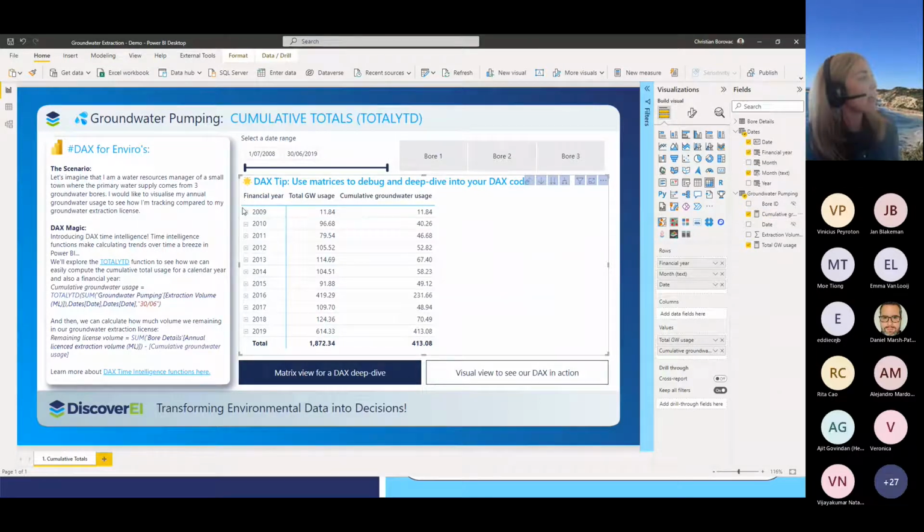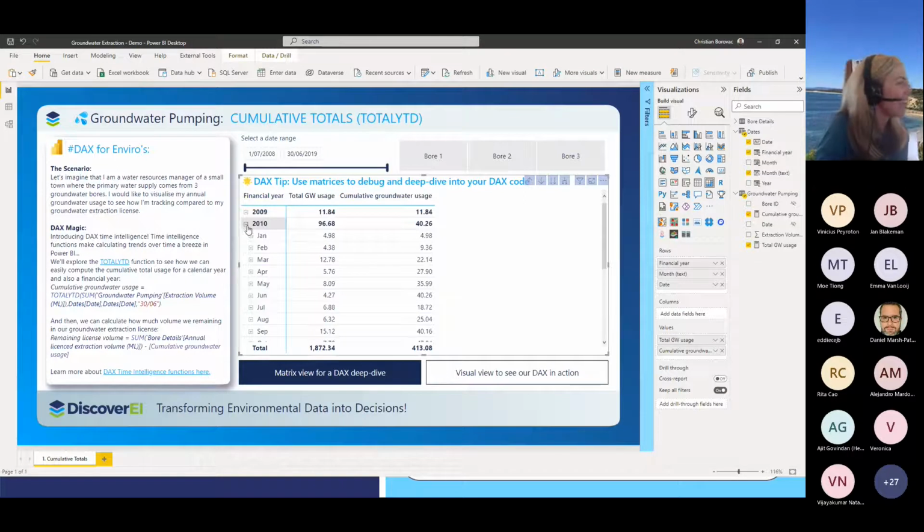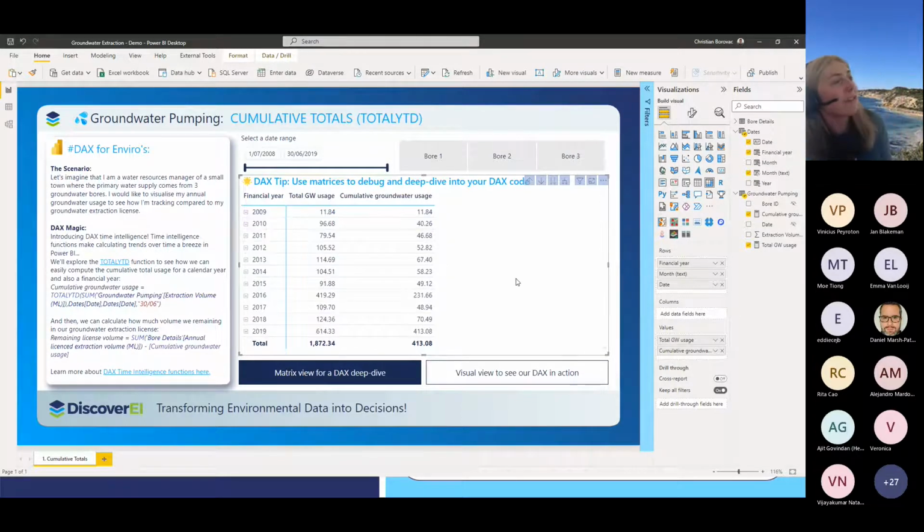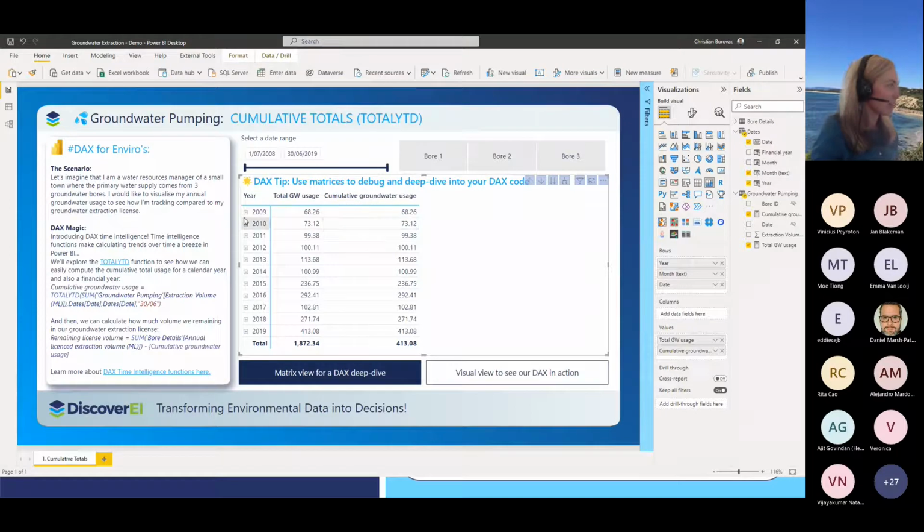And you can see when we're having a look, wait, this is financial year. Oh yeah, I've got it, it's financial year. We'll have a look at that in a little bit, but yeah, what we really do need here is calendar year instead of financial year.